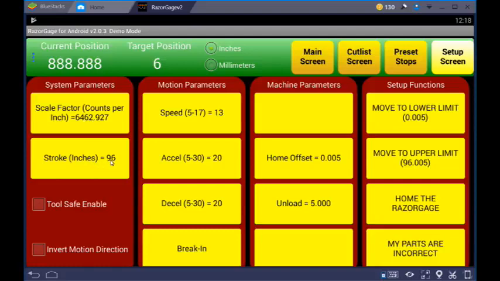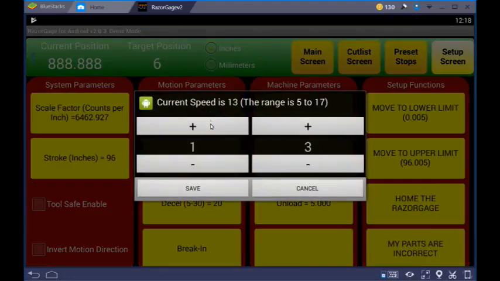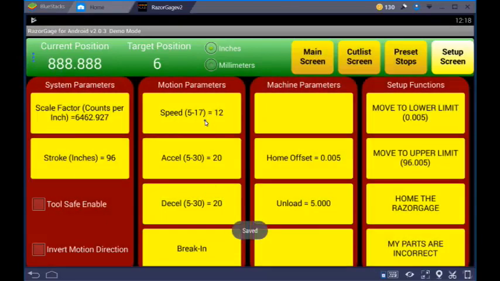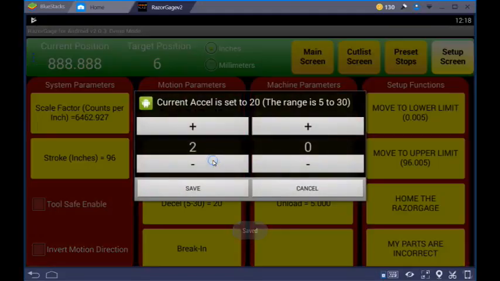This is where you change the stroke. You shouldn't have to do that. It should come to you with the correct number in there. Here is where you can change the speed, and I just do that by hitting the minus button to change it to 12. So I can click the plus, change it to 13. Same is true on all these